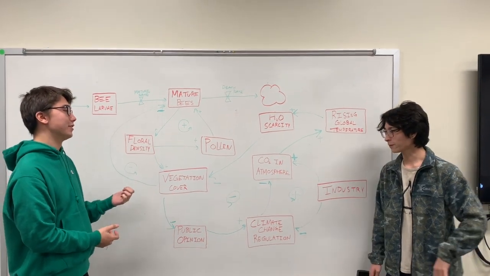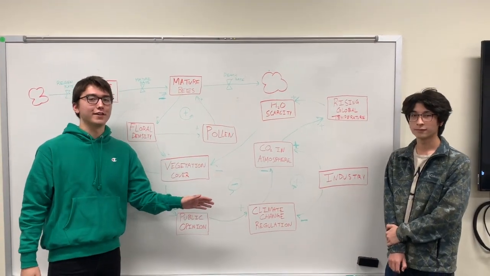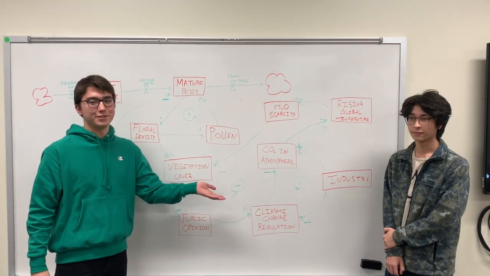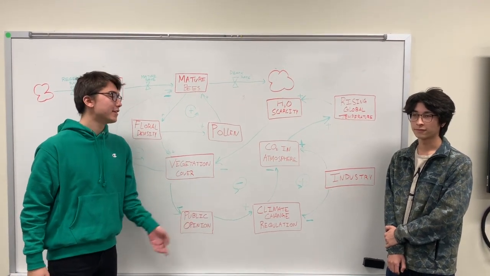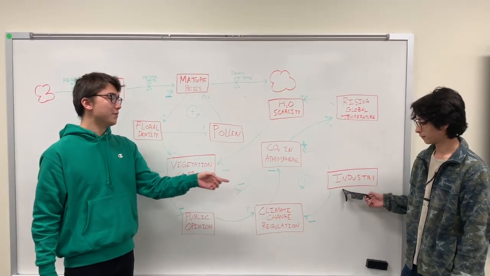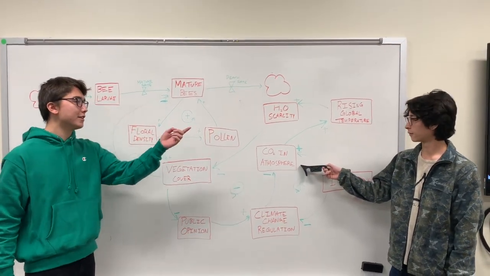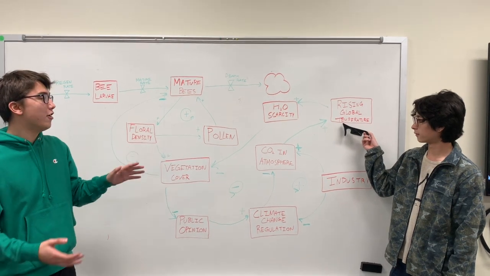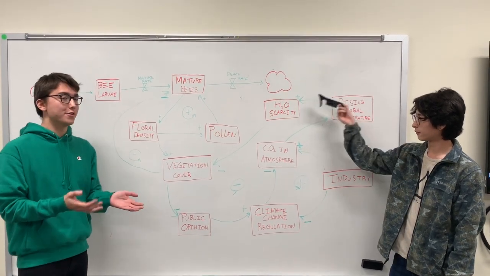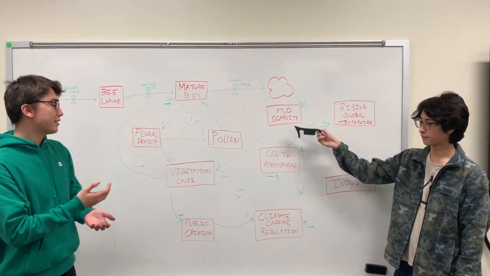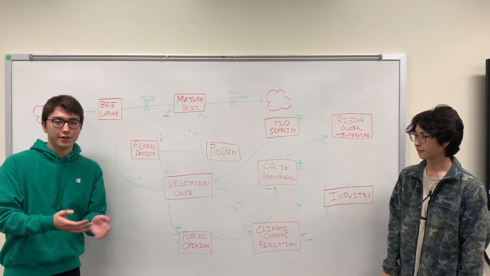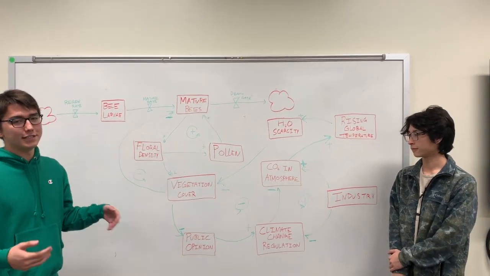In our third and final form of the CLD, on top of the bee population as well as their food/shelter, we've added the anthropogenic effects that have caused trauma to the bees population in past years. With the increase of industry, we see that there's a high increase in CO2 in the atmosphere. This causes a rising global temperature worldwide, and that also leads to H2O scarcity, water scarcity all across the world. This causes less vegetation, which is the cover or shelter that the bees come into to find their pollen and